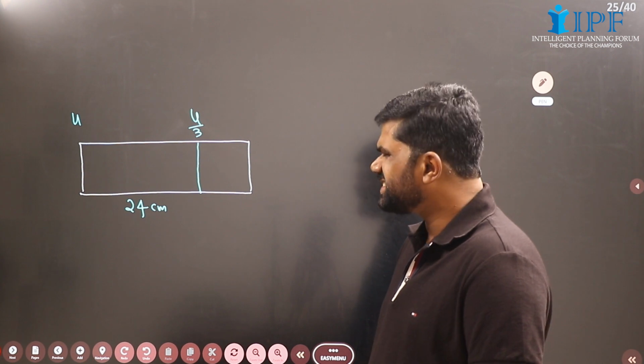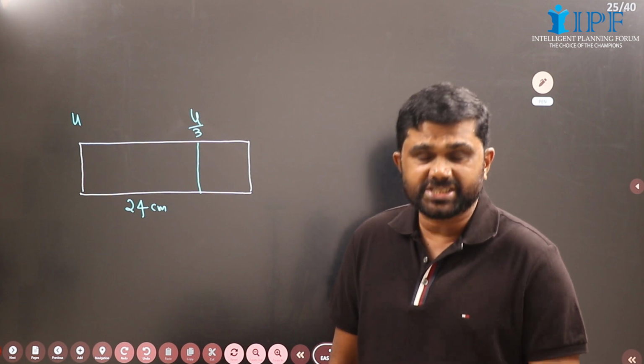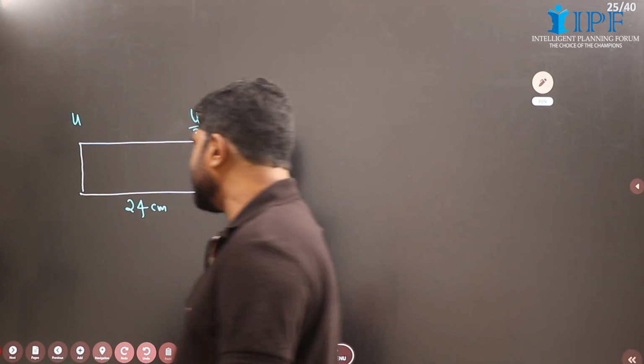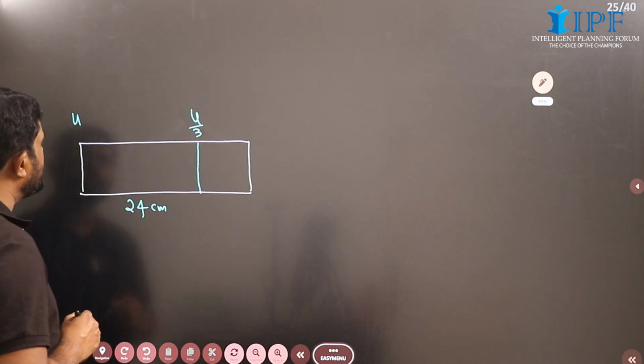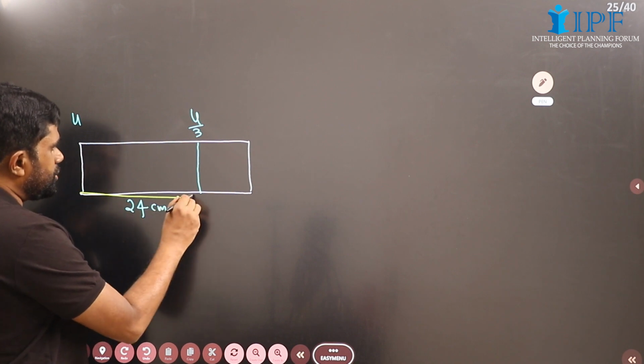And it just comes to rest at the end of the block. Then what is the thickness of the block? It's given that here the velocity is u, and here the velocity is u by 3 after penetrating 24